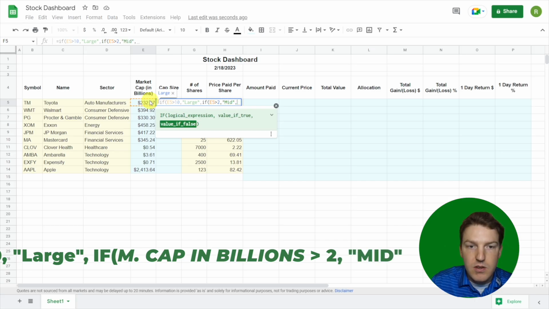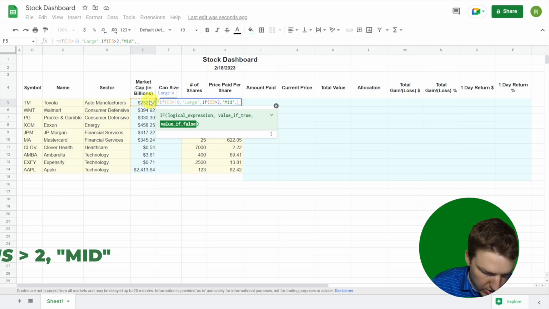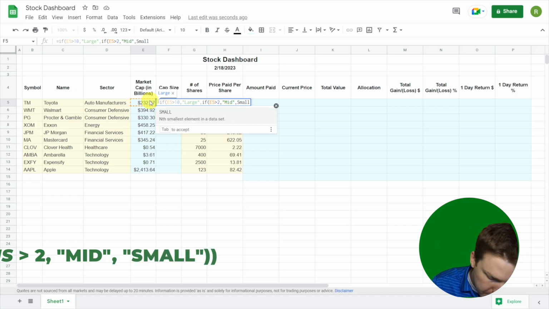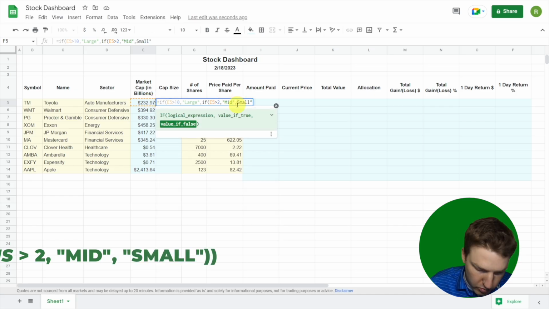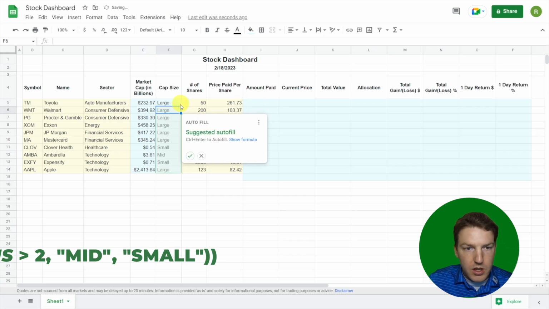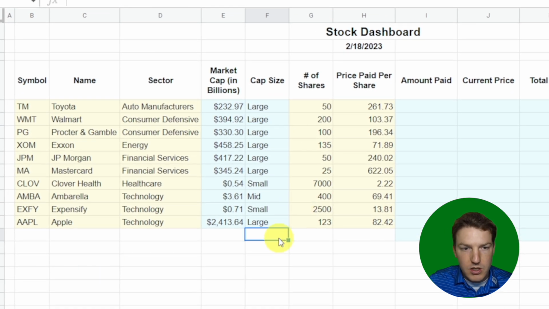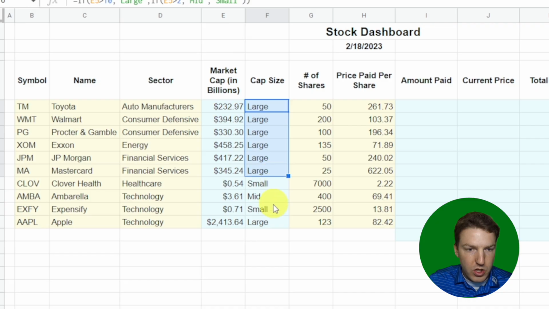And then finally, if it's less than 2, we're going to call it a small cap company. Oh, let me add my quote here. And then we're going to have to close this with double parentheses, enter. And yep, it's going to ask us, do we want it to autofill? We'll hit yes. And now we see we have all large companies in our portfolio except for 2 small caps